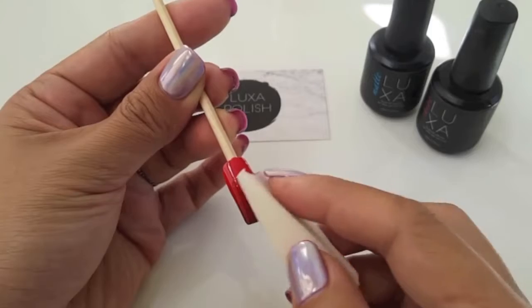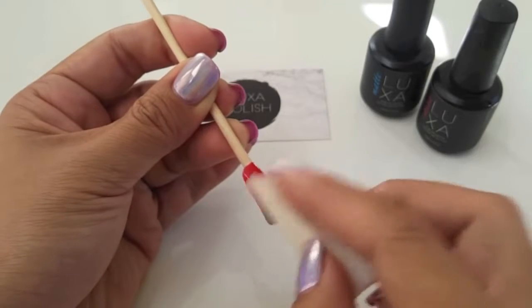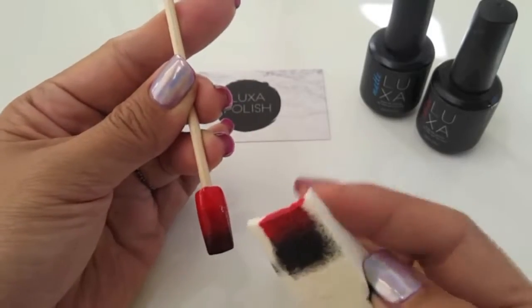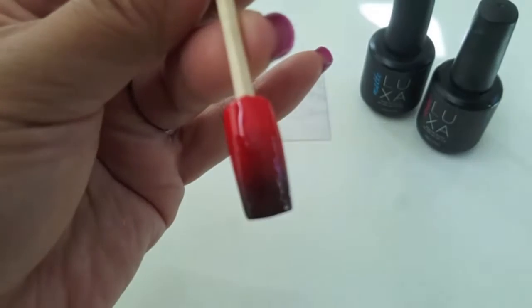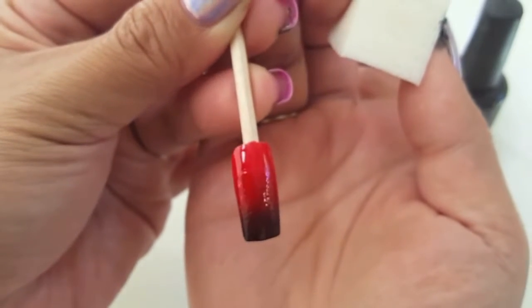So I'm going to focus more towards the tip, and I am using the red first to blend some of the black that I did in the first coat. And then if I want more of a black, I will use the base of my sponge to touch up the black areas. And I like the way this looks, so I'm going to go ahead and cure this, and this will be my